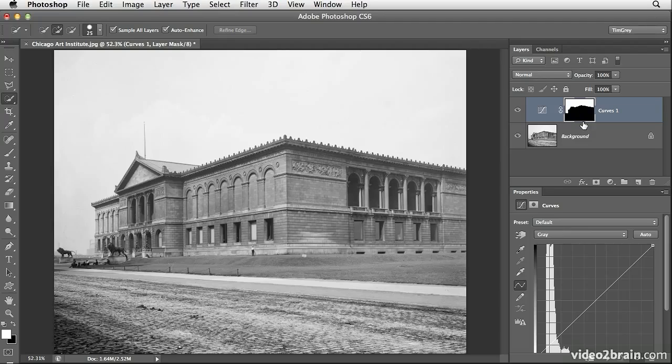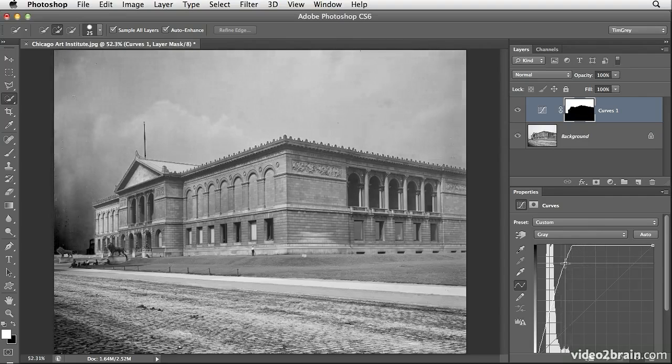Instead, it's partly black and partly white, with white representing areas that had been selected and black representing areas that were not selected. What that means is that this curves adjustment layer will affect the sky but not the building. And we can see that by applying a simple adjustment to the image. And notice as I adjust my curves adjustment that we start to see quite a bit more information in the sky than we ever might have expected. We can see a fair amount of clouds in the sky, for example,